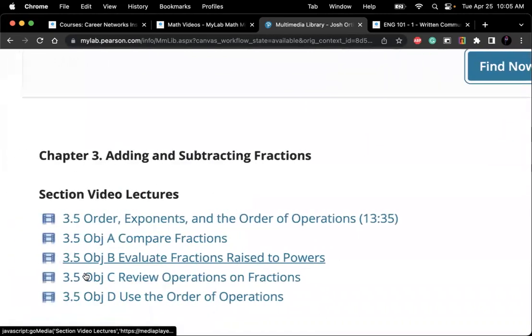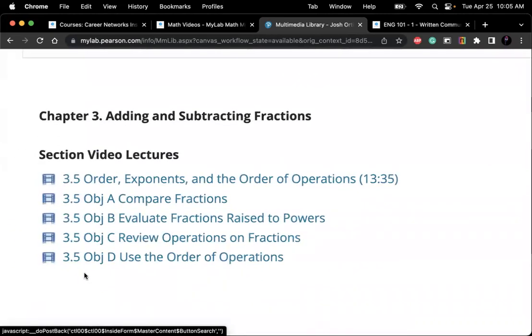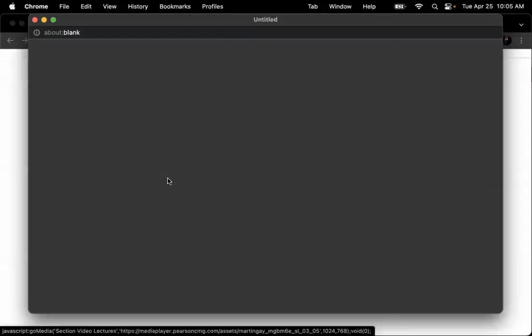Now, when you're looking at these links here, the one that you really want to pay attention to is the one with the timestamp. The timestamps are the full length video. If you look at these smaller ones down here, these are just sections of this video. You see it says objective A, B, C, and D. This is helpful when you're looking at your math homework because at the top of each exercise set, each grouping, you'll see that they're broken down by objectives as well as their numbers. They have all their objectives and it'll tell you what examples to look for, and I'll show you that in a bit. But when you click on this link,